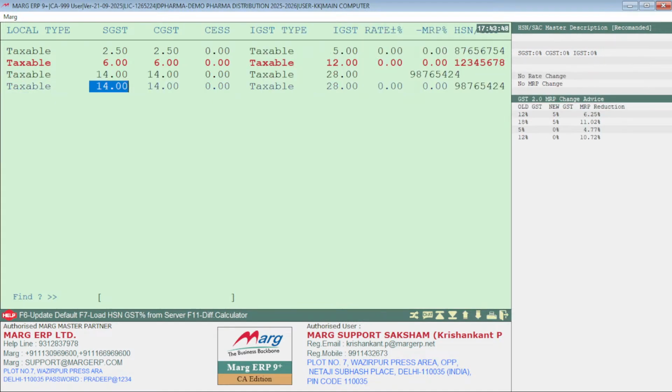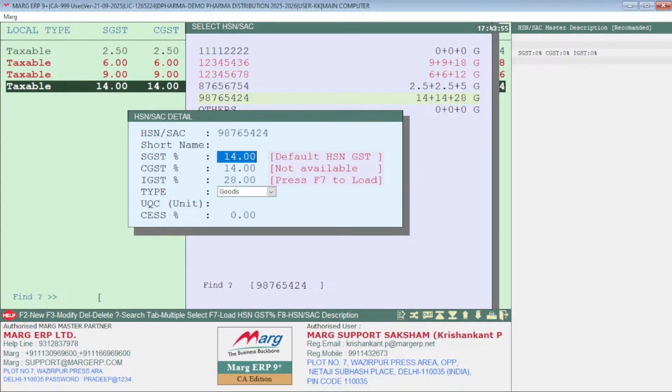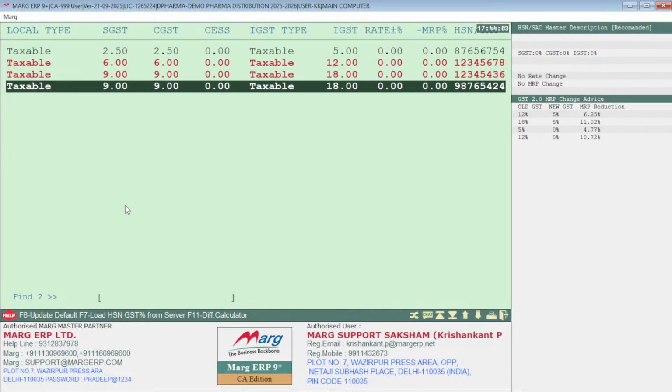For example, if I want to make it manual 9, you can see that it will do the changes. You can simply make it 99, 18%, and you can save in master also. Now when you go back, you will see two options, F6 update default